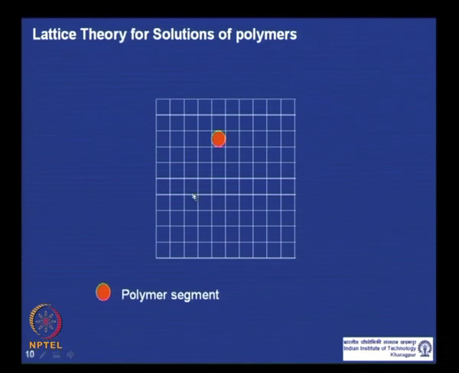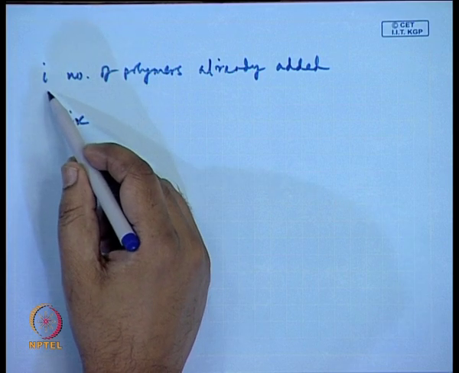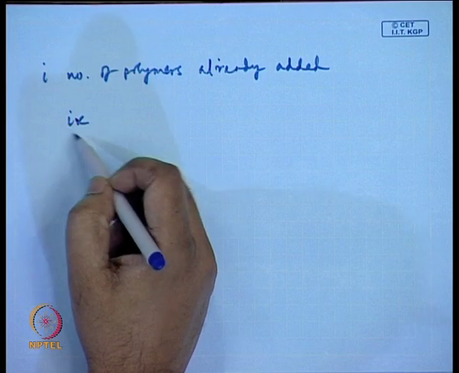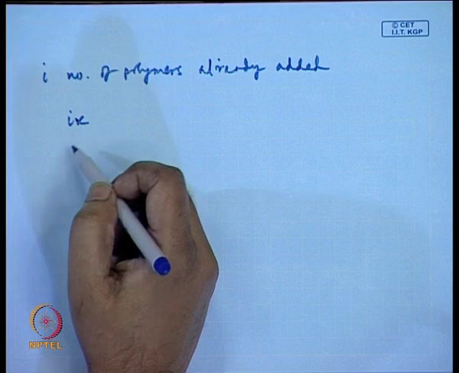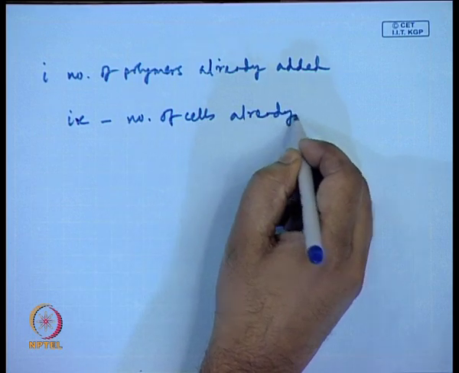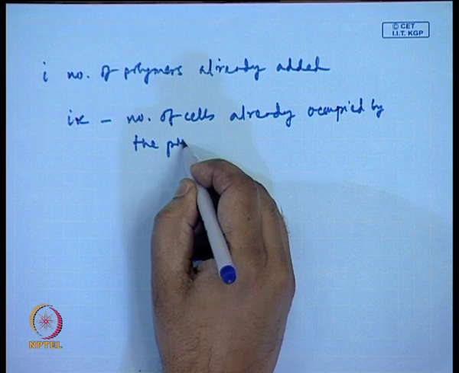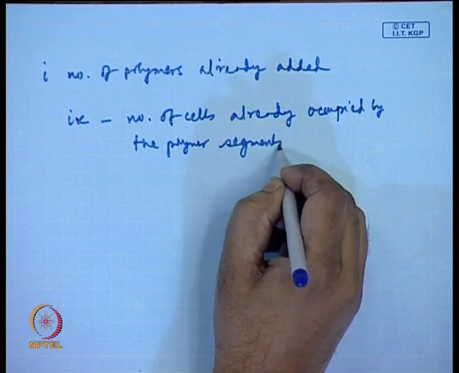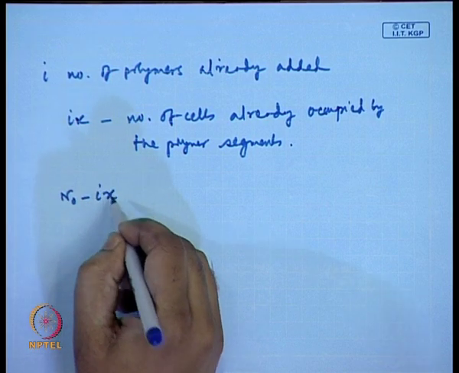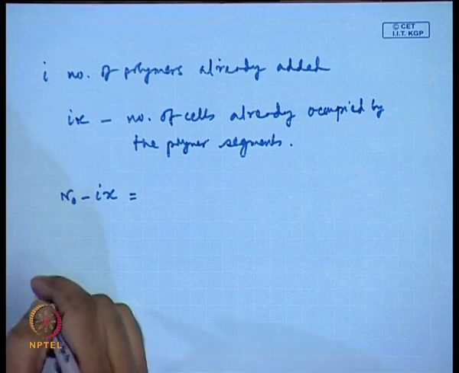Okay. So, you have to understand that there are already I number of polymers present, which means I into x number of cells are already occupied. Each polymer has x number of segments. If we had I number of polymers already added, then I times x cells are already occupied. So, n 0 minus I x is the number of vacant cells,